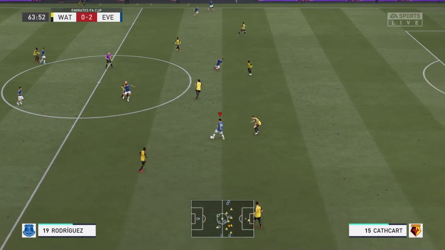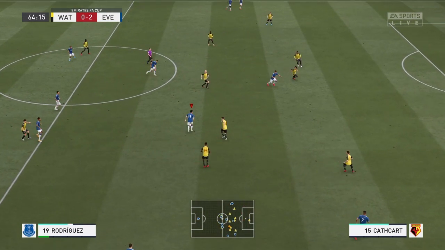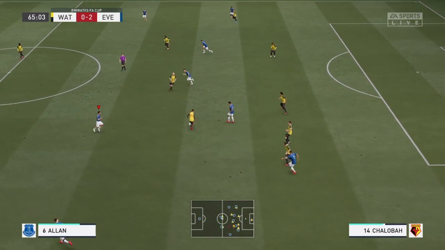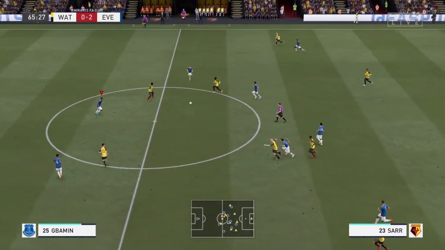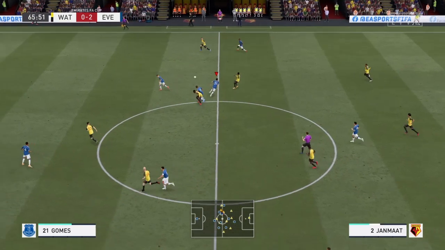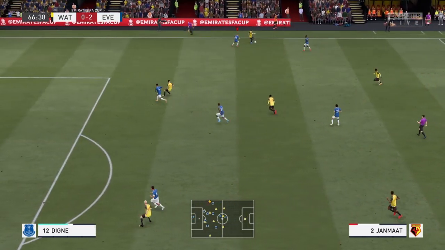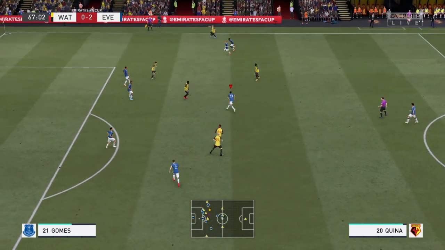Andre Gomez. James Rodriguez. And we look for the run of Dominic Calvert-Lewin there, but he's surrounded by Watford players. Need to try and maybe get it out to the wings and try and get it in, since it's so compact in the middle. Quina